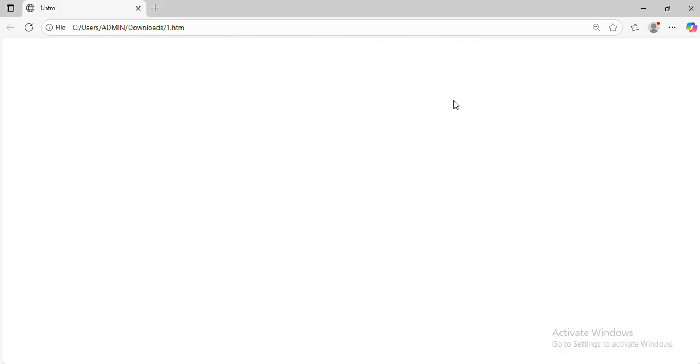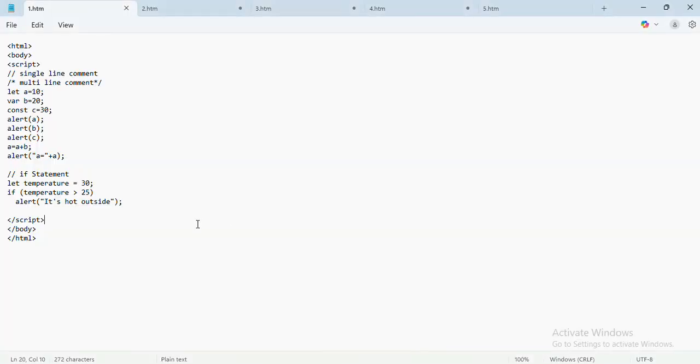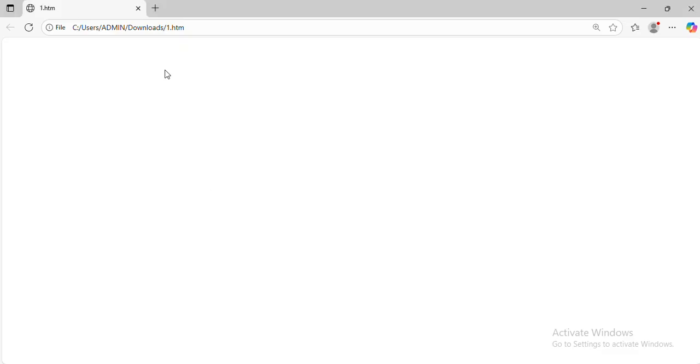Okay, so you can display the output like this. If you want to display the output directly on your screen, you can use the document object also. You can say document.write and you can display the answer. Suppose I want to display a hello message, so I can write like this. So there are two ways to display the output on the screen: either using alert, which will display a pop-up box, or you can say document.write, which will display the content on the page.